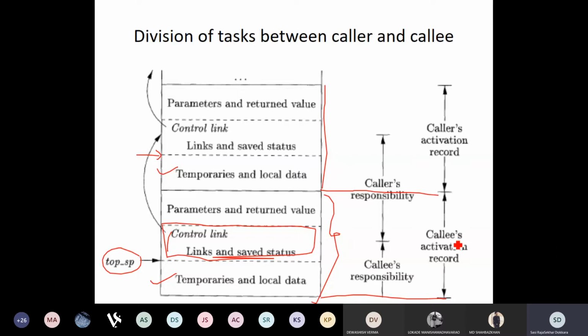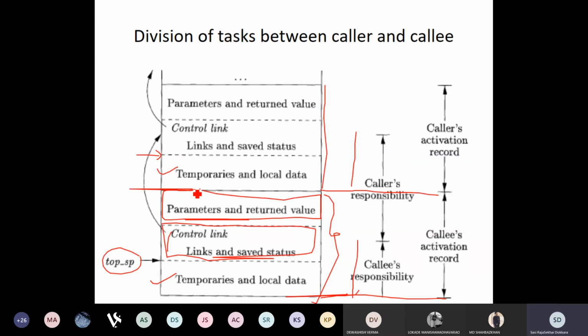Now if you look at this diagram, there are two more things which we have to discuss here. Handling this is the callee's responsibility. This is the location for parameters and return values. Actually, these are two fields in the activation record, but to be easily managed, we have given both of them a single place.